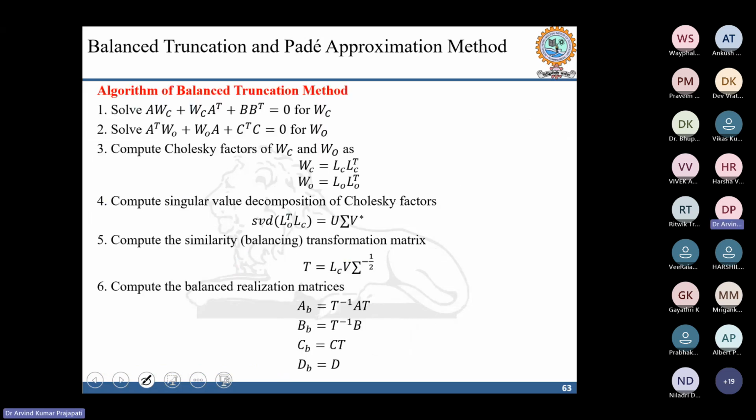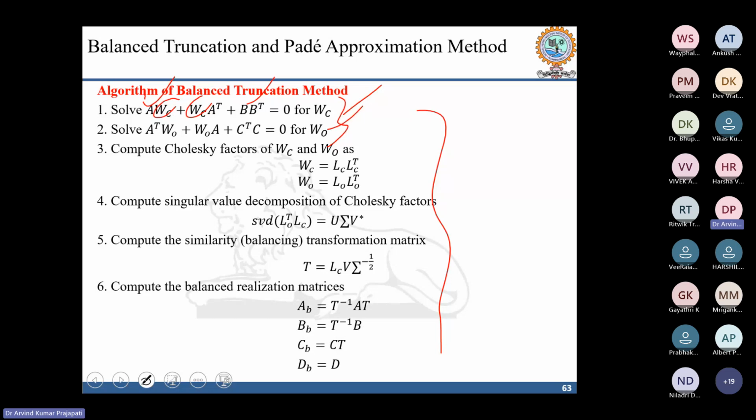So how will you calculate the controllability and observability gramians and how can you implement the balanced truncation method? I have discussed it here. The first step is to use the Lyapunov equations for calculating the controllability and observability gramian matrices. In step one, A is the system matrix and B is the control matrix of the given system, which are known. So you can calculate WC by using these equations. Similarly, in step 2, you can calculate the observability gramian by using these equations.